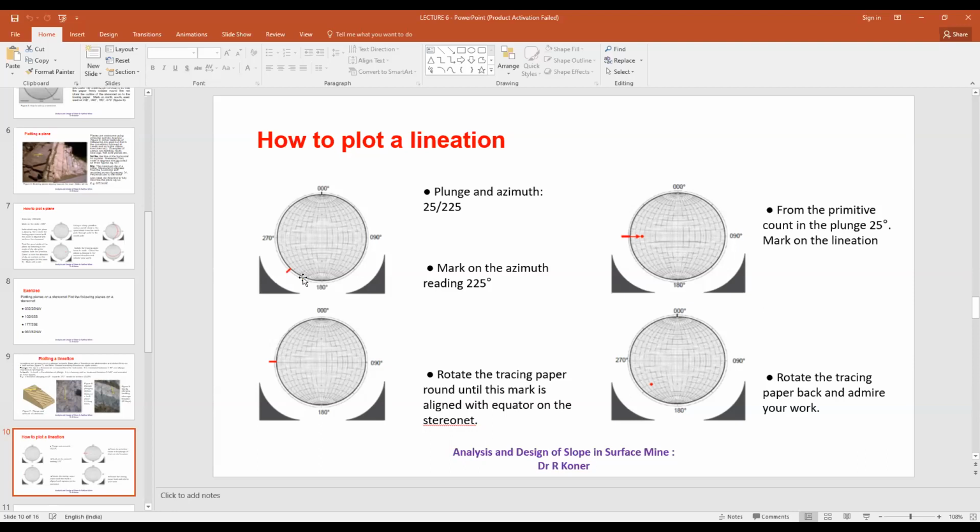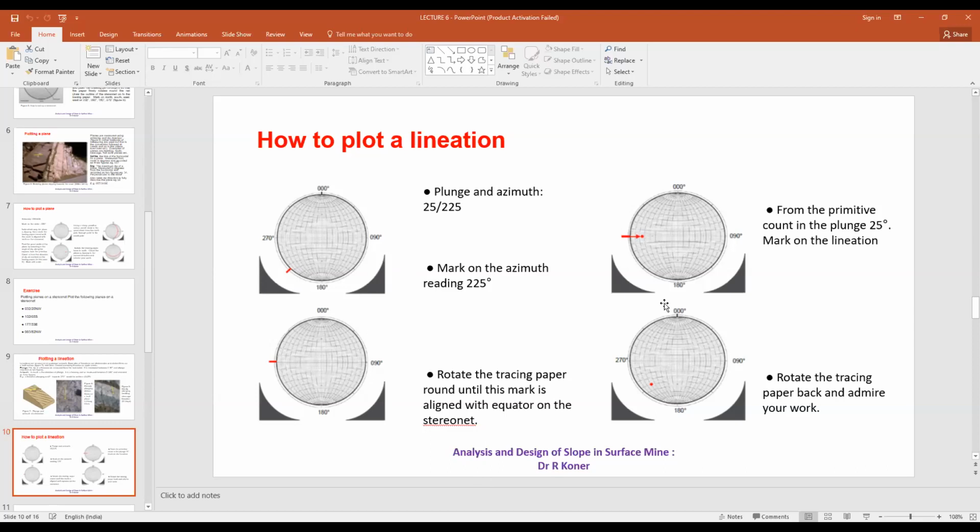Then we always measure dip along the equator. Then we will rotate to the equator. So the tracing paper will be rotated. This red marked line will be kept along west and east. Then 25 will be measured from this particular point. 10 is the bigger circle and 2 is the smaller circle. So 10, 20, then smaller circle 22, 24, then half, 25. It's the marking point of 25.